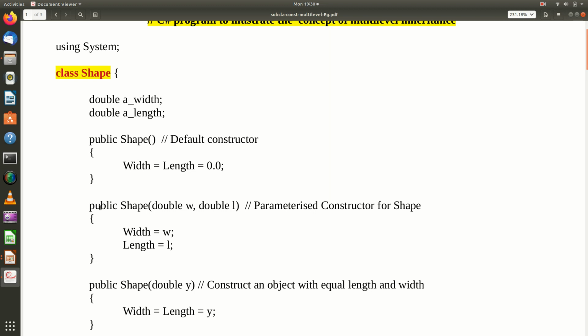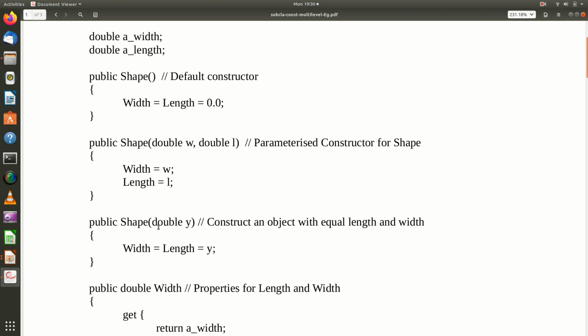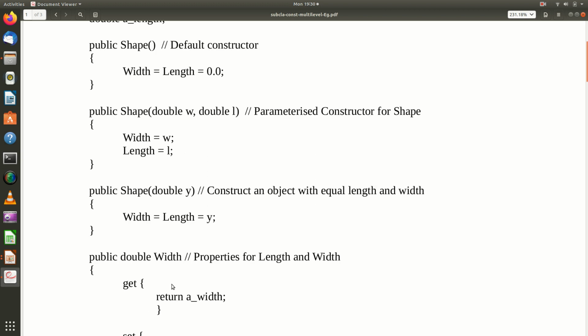I have a parameterized constructor with 2 arguments, width and length, that are assigned to the data fields here. I have another constructor with only 1 argument, so that you can have it for a square. Width and length will be equal in that case.